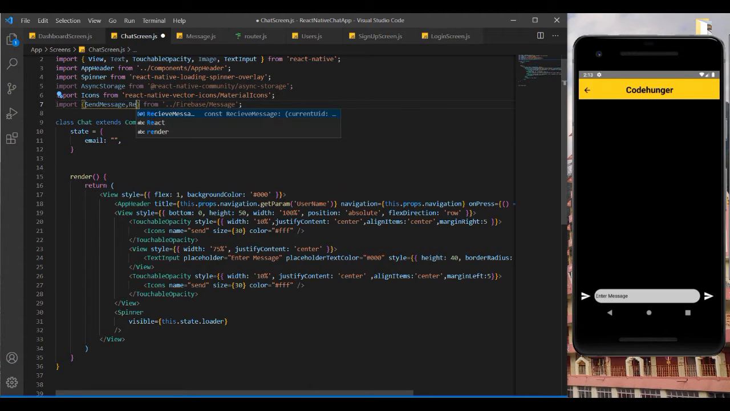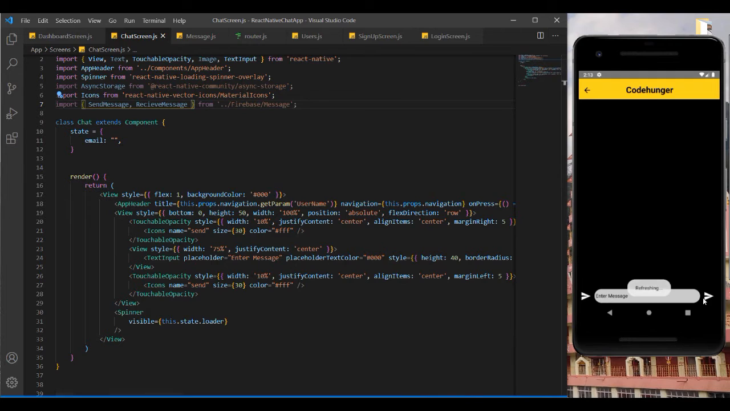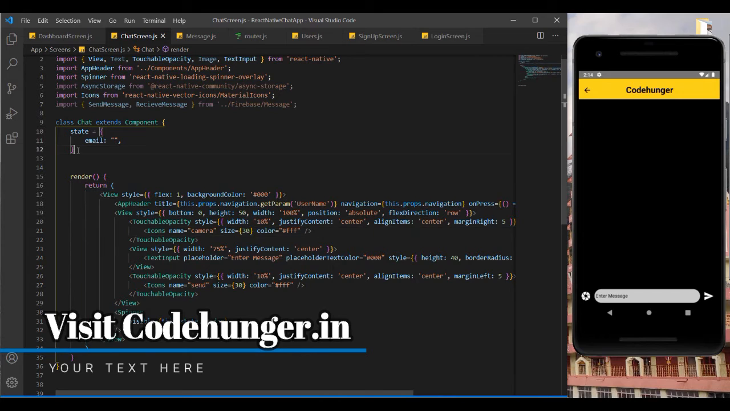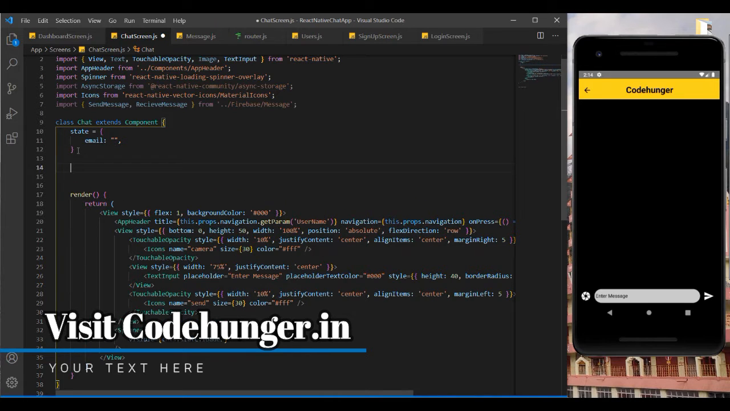Send message, and both functions will be called at the same time when we click the send button from here, and this will be the camera, so that we can click on that and the gallery will open, and after that we can choose an image to send to our user or send to a different user like CodeHunger. So now I'm going to add the function